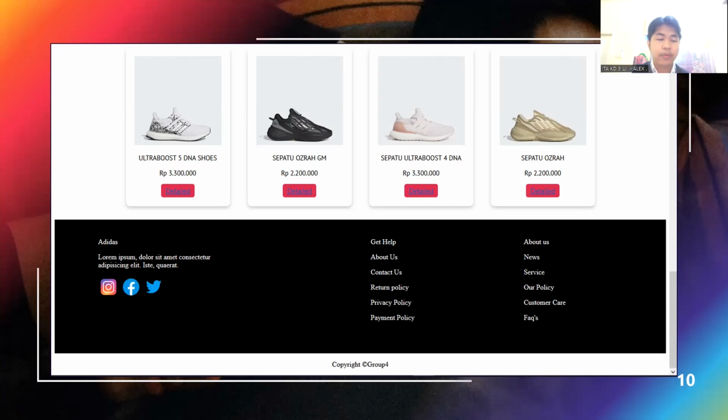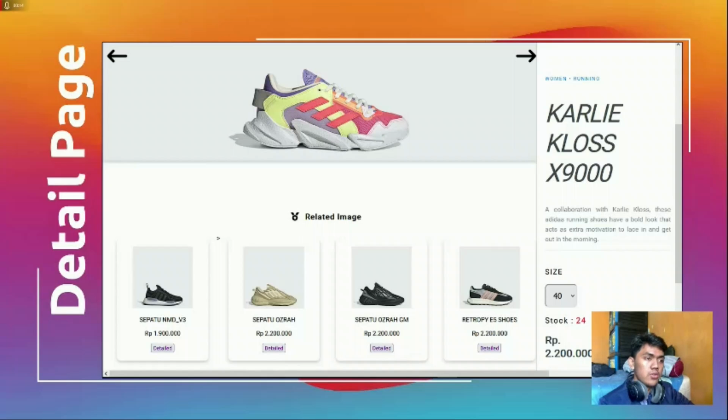We also have social media: Instagram, Facebook, and Twitter. You can tell us something or if you have a problem, you can tell Adidas Store through Instagram, Facebook, and Twitter.